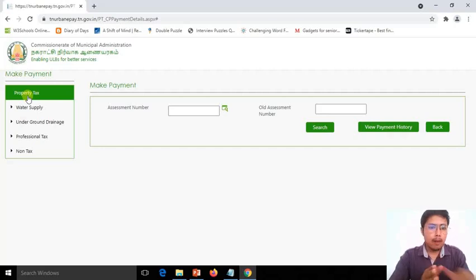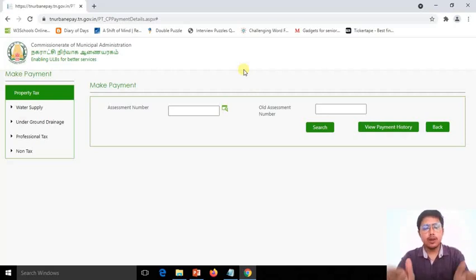For phase 2, up till now we have not received the assessment number, so it will take a couple of months. So in the case of phase 2 residents, I don't think you will be able to get your assessment number right now. But in the case of phase 1 residents, you should have your assessment number with you by now. In case you don't know the assessment number, please contact us. We will provide you with the assessment number.